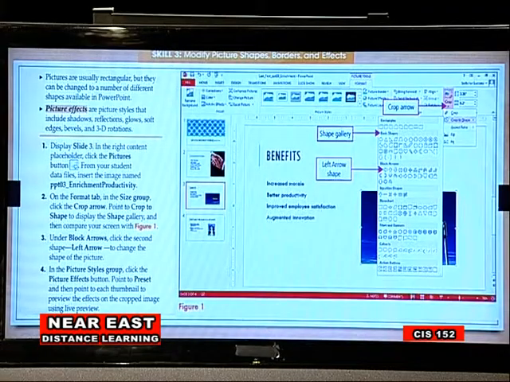Skill number 3, we have modify picture shapes, borders, and effects. Pictures are usually rectangles but they can be changed to a number of different shapes available in PowerPoint. So we have here some shapes. We can add shapes from the gallery, such as the left arrow shape. Number 1, we have here picture effects, which are picture styles that include shadow, reflection, glow, soft edges,